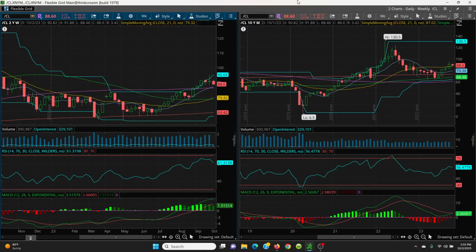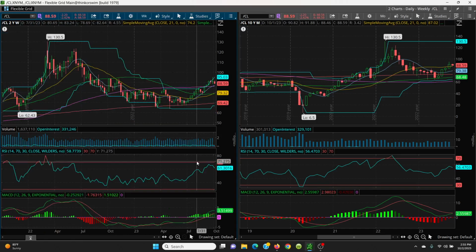Don't be afraid to short it. To me, I shorted it here because you have that topping tail going on. So it doesn't really make a lot of sense unless you can close above this key level. The key level you really need to close above is that 93.74, but this is the level right here that you need to close above, that 95.05. If you can close back above that, then you have 95.76,